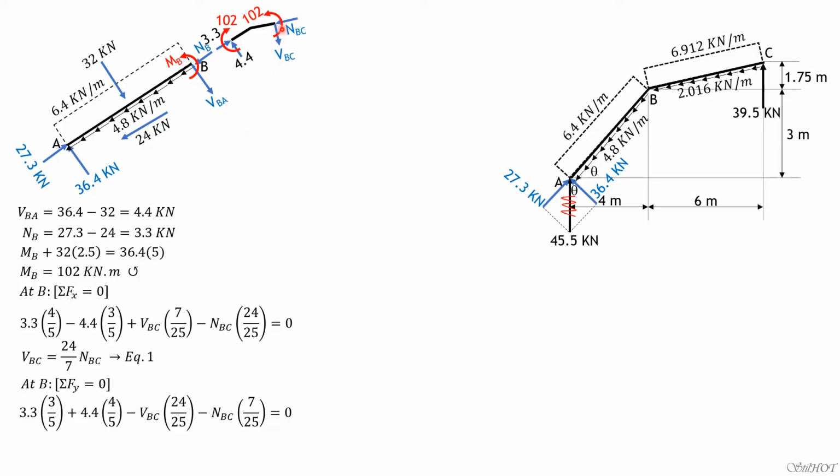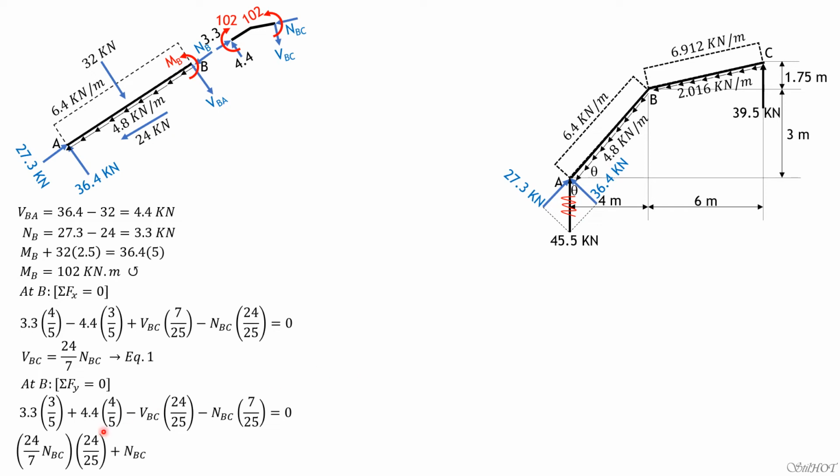Then minus, going down, shear BC times cosine of beta, 24 over 25. Minus, this is going down, the vertical component is small, so times sine of beta, which is 7 over 25, equals 0. Simplifying, 24 over